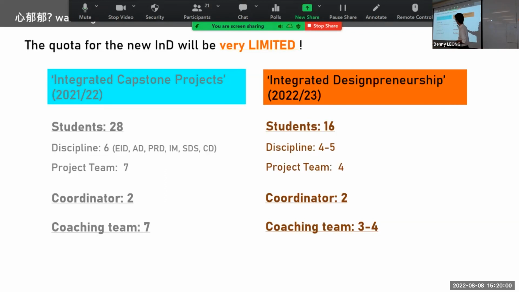We will start with a quota of 16, around 4 to 5 per team. We don't want to mix a lot of people into a team. We want to make a reasonable combination, and of course, you need time to mingle, know each other and try to form a team. So that will be the initial thought.